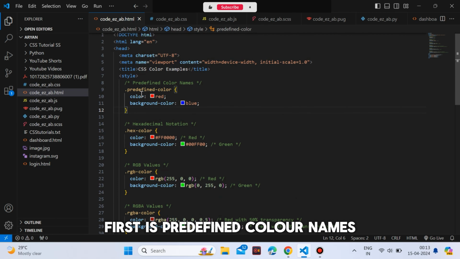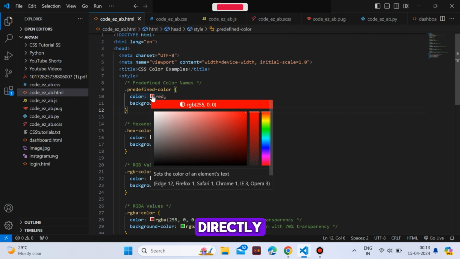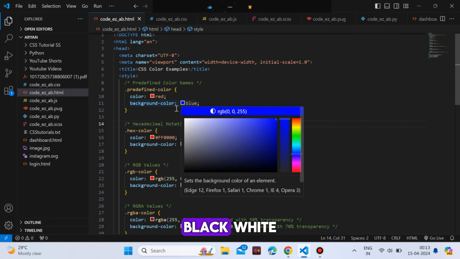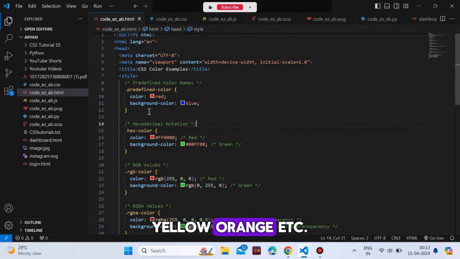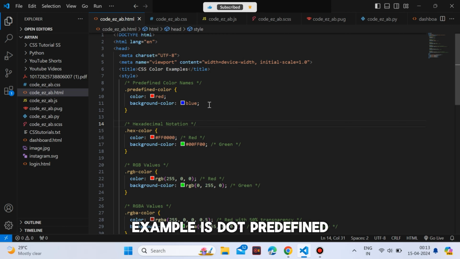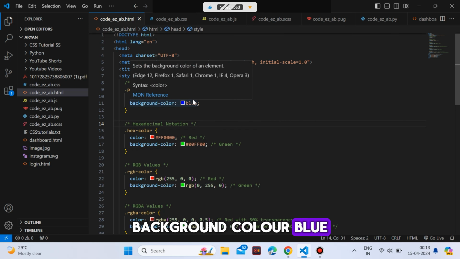First is predefined color names. CSS defines a set of color names that you can use directly. Examples include red, blue, green, black, white, yellow, orange, etc. These color names are easy to use and remember. Example: .predefined-color { color: red; background-color: blue; }